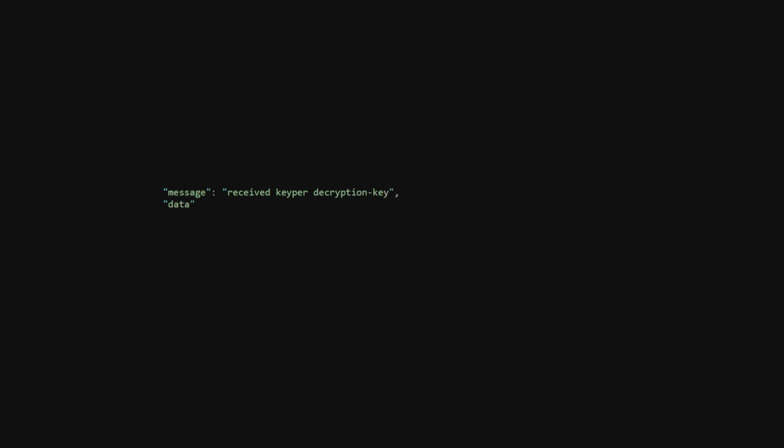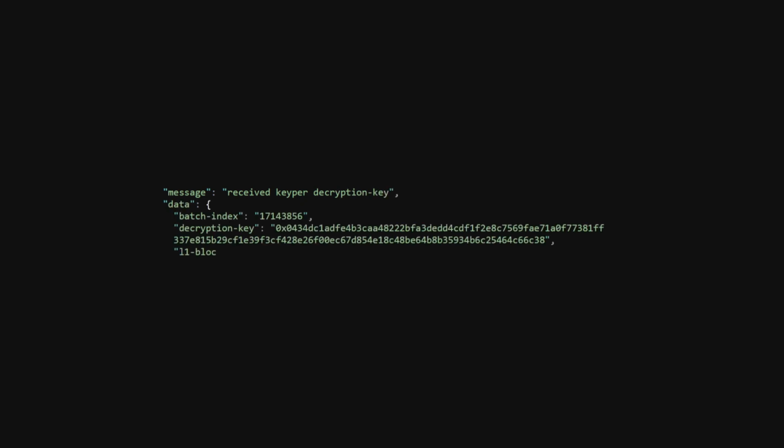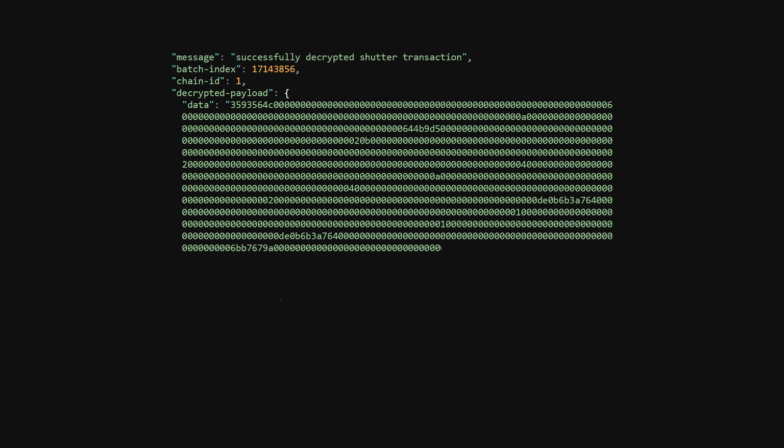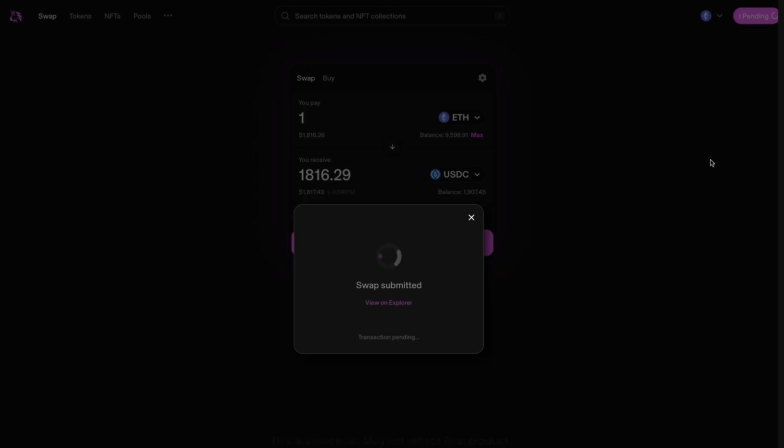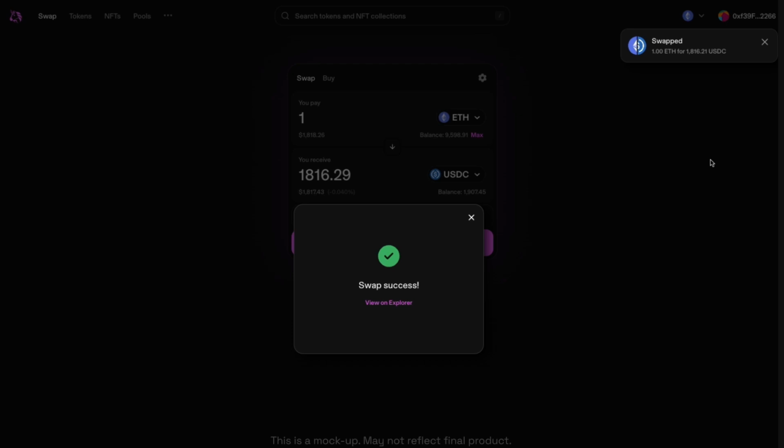After the transaction has been completed, the sequencer receives the decryption key from the Shutter keepers. The sequencer is then able to decrypt the transaction and complete the trade the user wanted to do. The transaction has been included in a block and the user can enjoy completing their trade without losing funds to